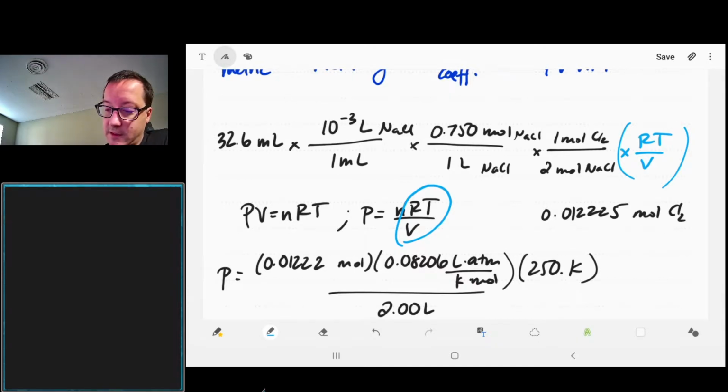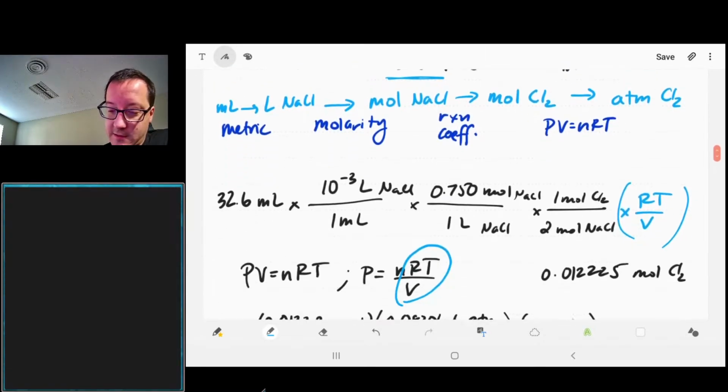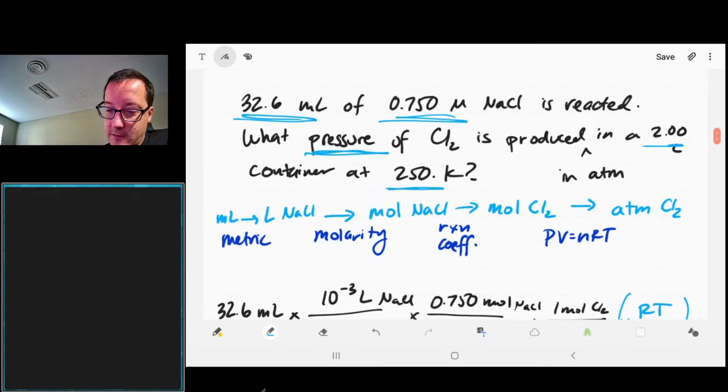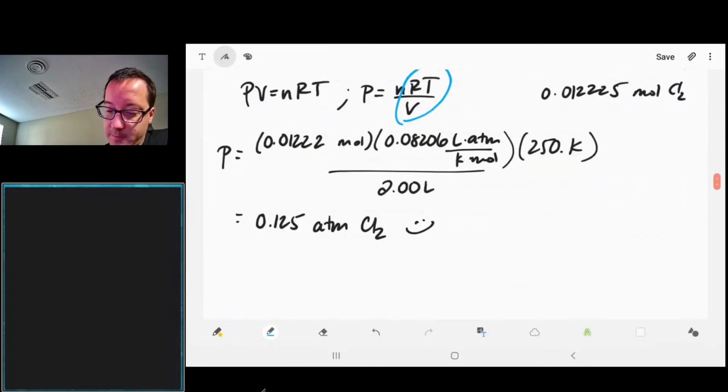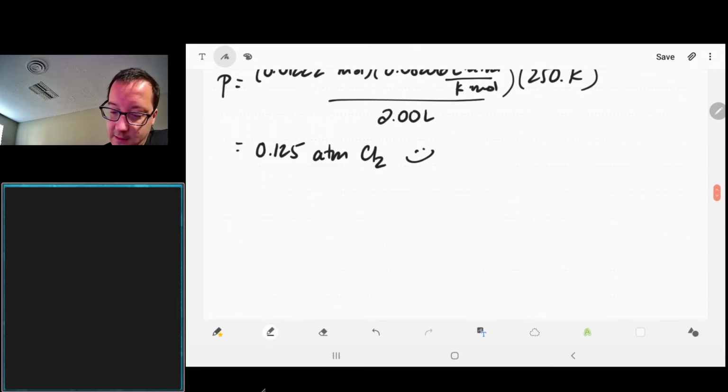Another thing that I see pretty commonly. Let me do a different problem. Another common mistake I see is using coefficients with the molar mass. That's something that I've seen a lot as well that is not necessary. So let's say we have